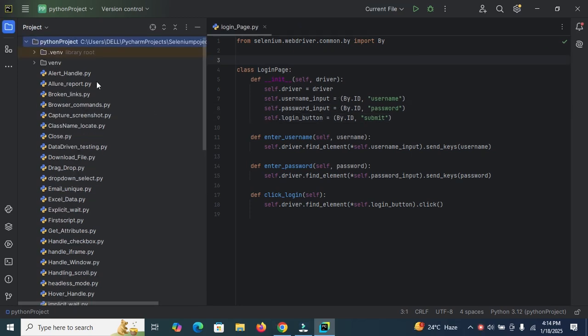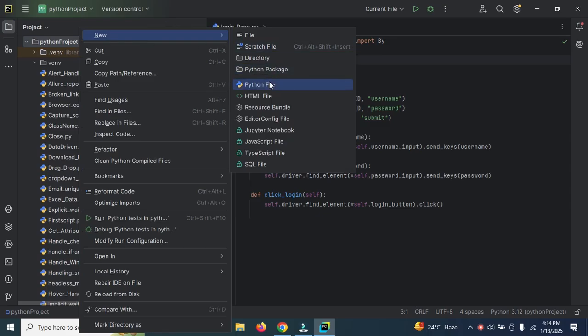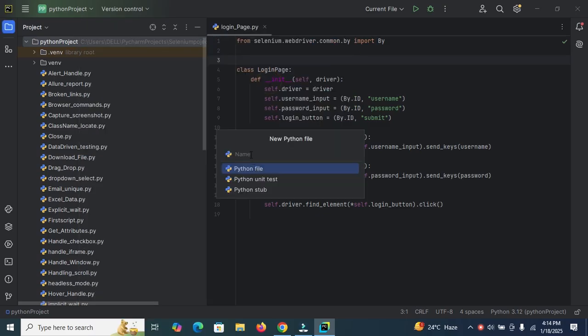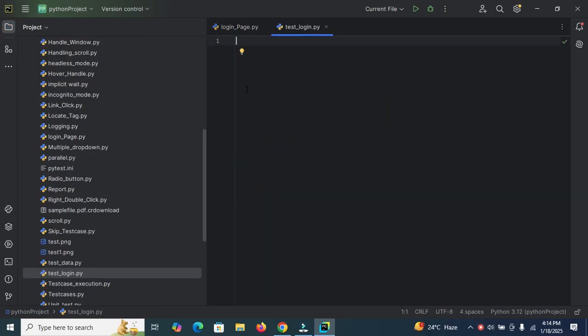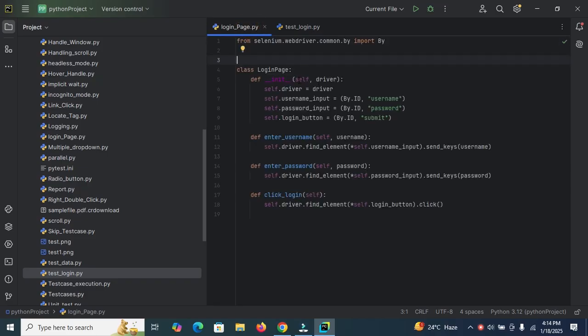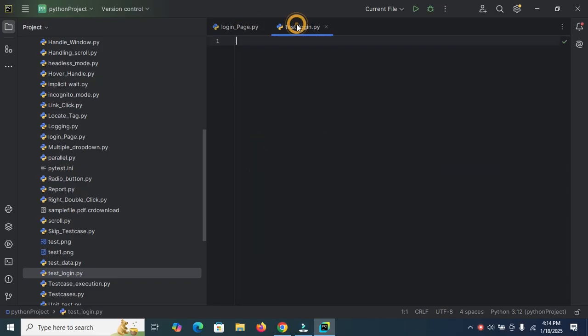Create another file. Right click on the Python project, click New and then click on Python file, enter the file name test_login and then click on Python file. We need to import this class. So here first import